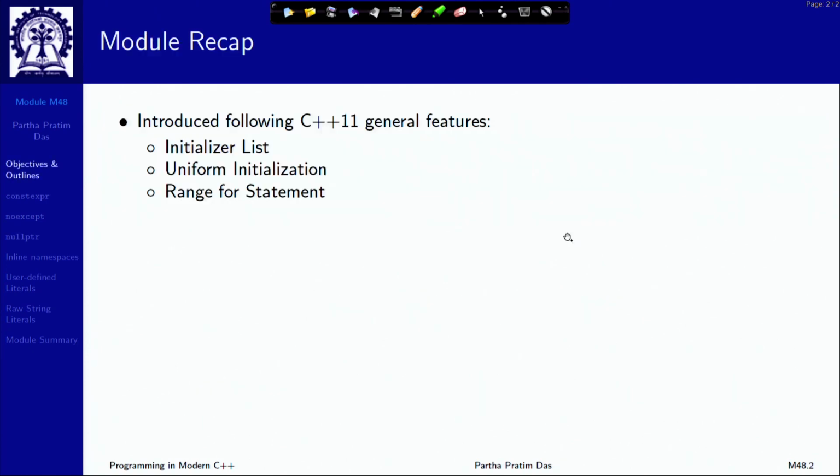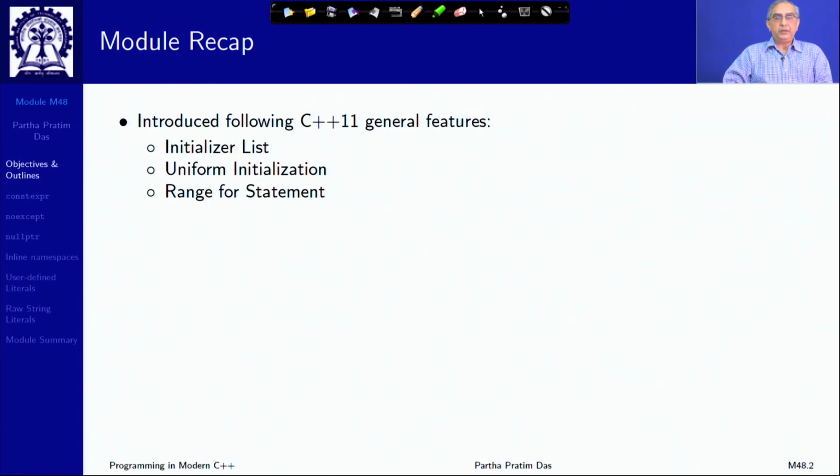In the last module, we continued on introducing some general features of C++ 11. We have talked about initializer list, the braced initialization and its consequences, and also the uniform initialization mechanism, which can be uniformly used everywhere in C++ 11. And we have also seen a convenience mechanism for iteration over an entire data structure by using the range for